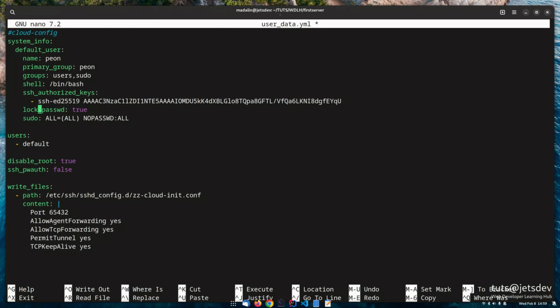and lock the user password. So the user doesn't have a password, but it's fully usable. Make him use sudo with no password, because in the near future I would like to use this with Ansible, and it's much easier with no password. And it is safe because we are going to disable root access through SSH, and you can become root if you are already logged in, but it won't allow root to log in any way,